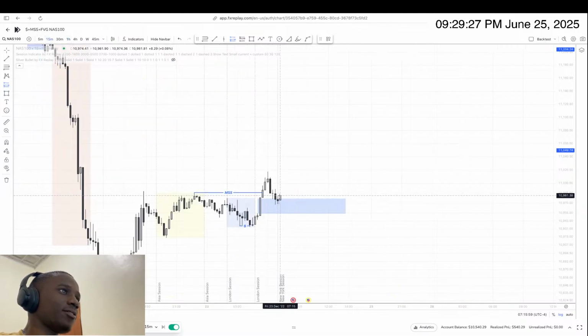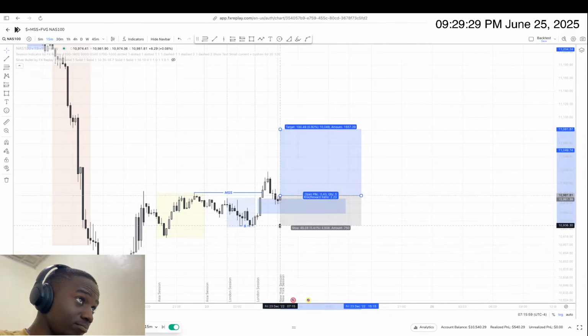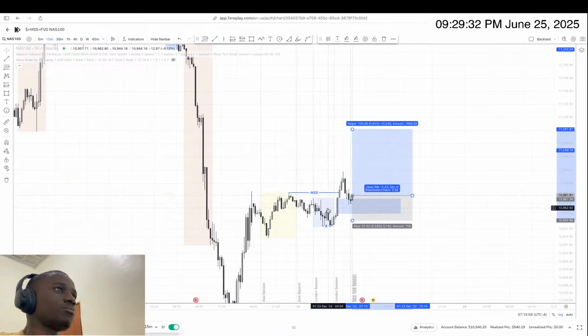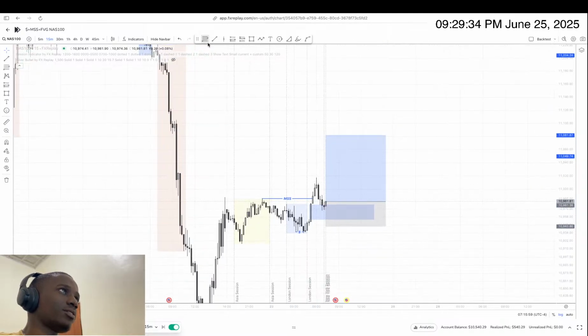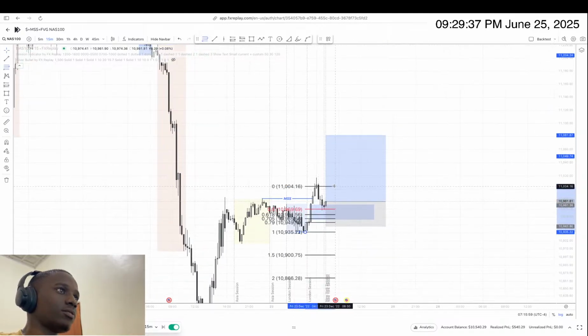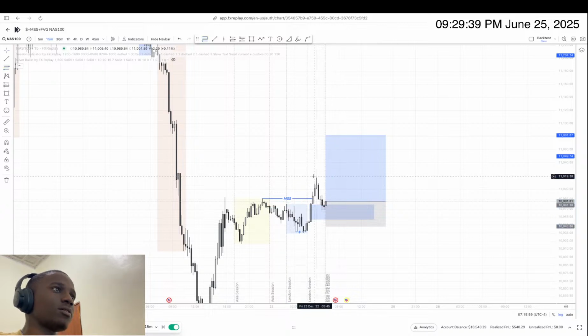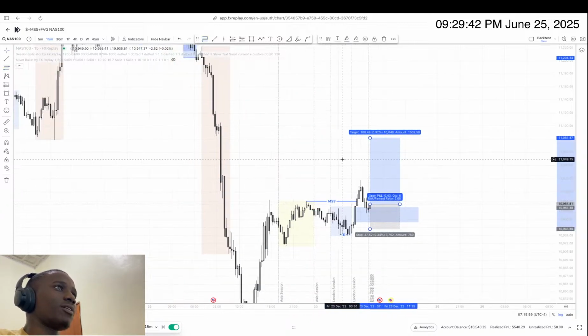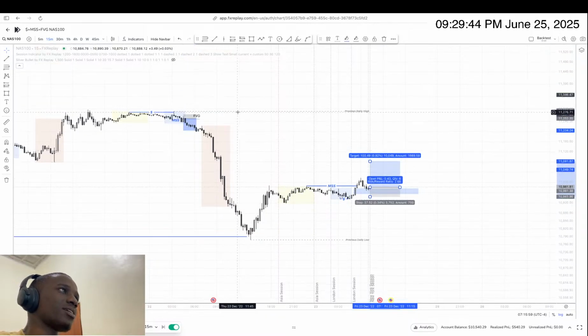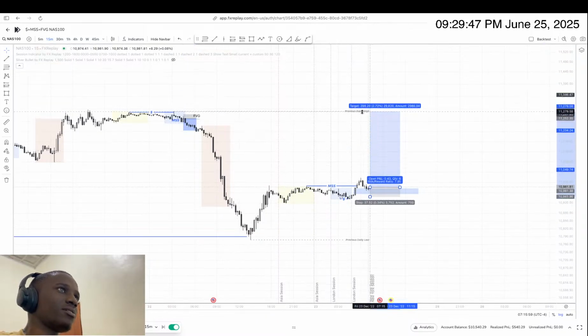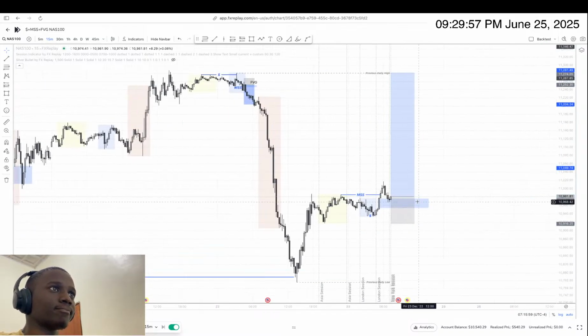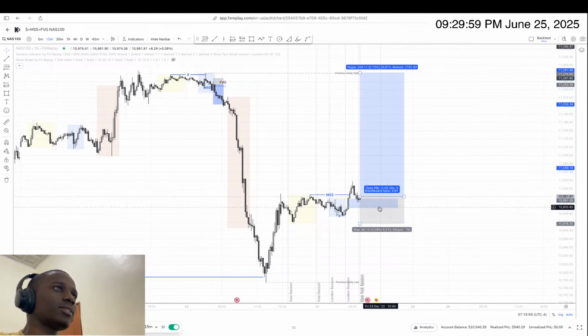And another thing I want to say is that we've already reached discount, yeah, from here to this high. So I'd like to position myself there, and my target would have been these highs, like the previous day high, but it's really too far. I don't think the market could reach there, and it would require me to put my stop loss somewhere there. But I don't think I'd like to take that, but instead,